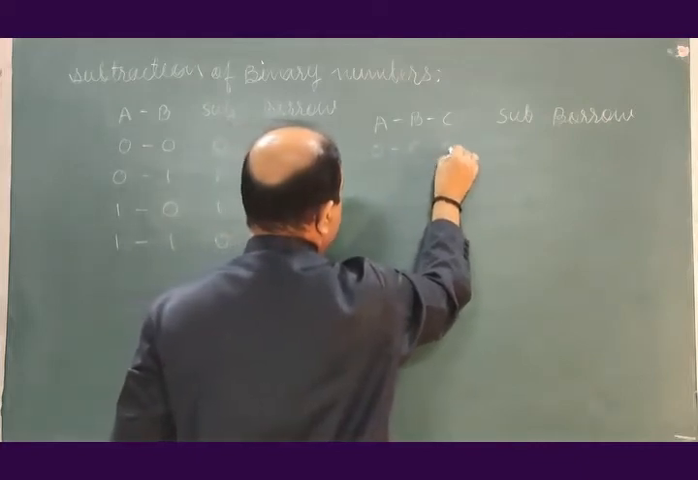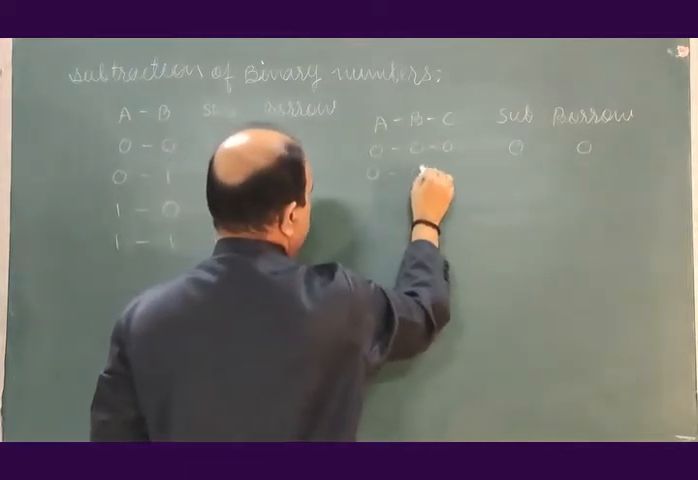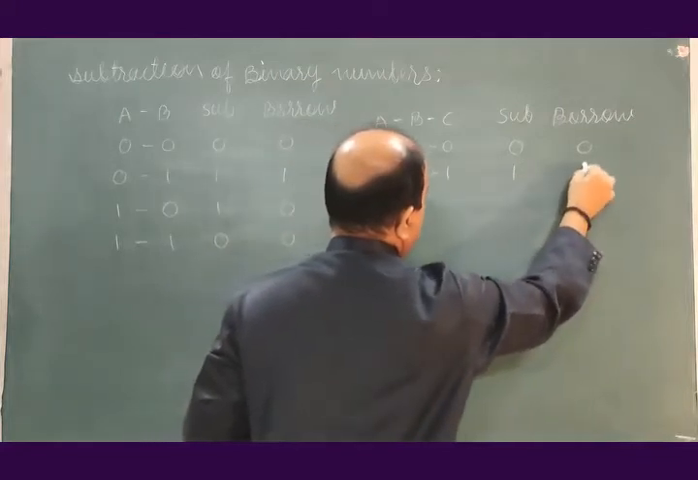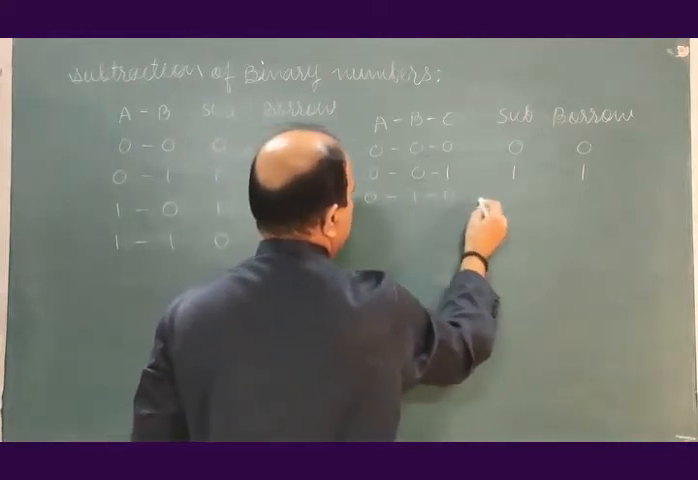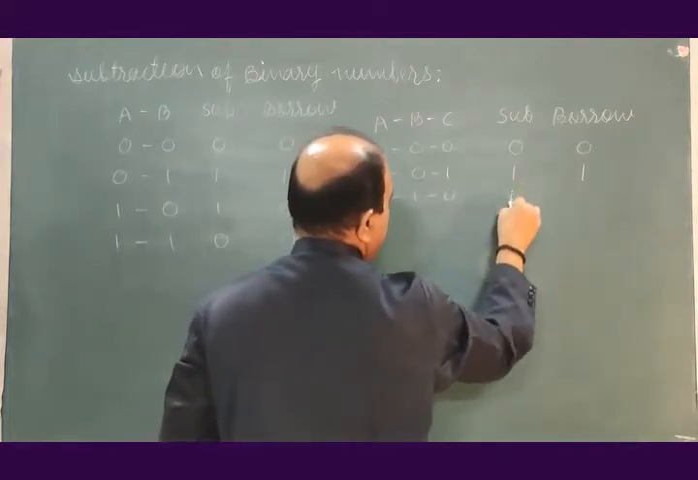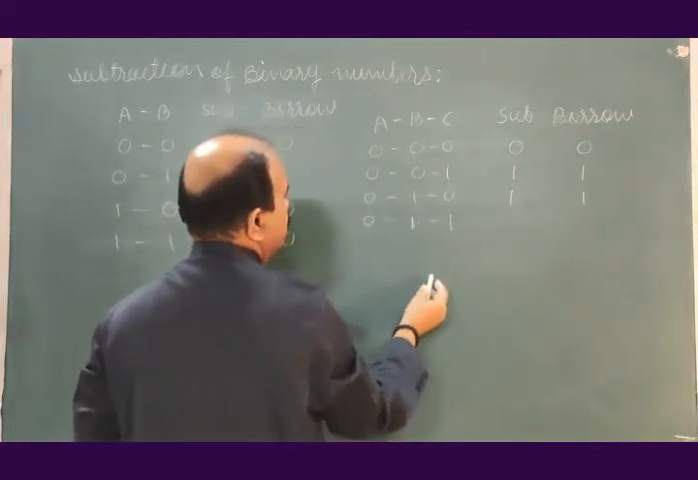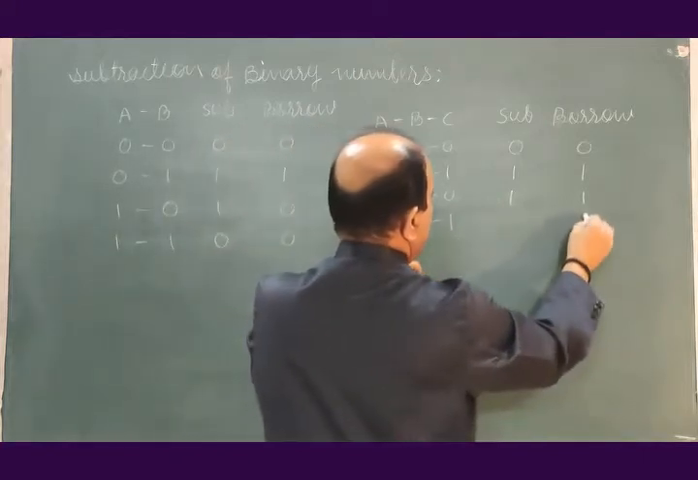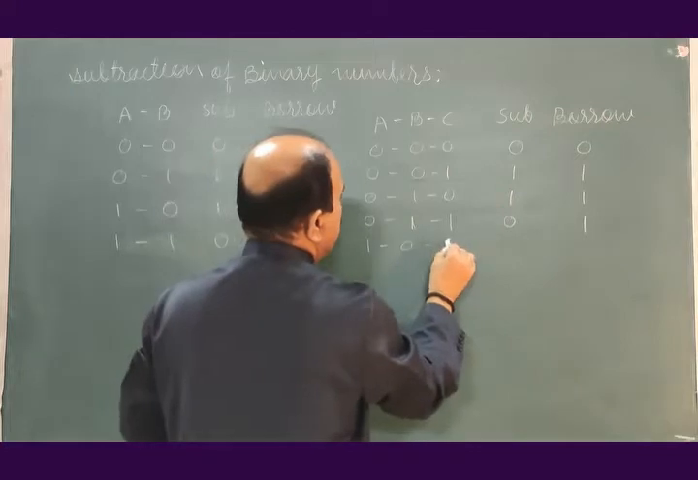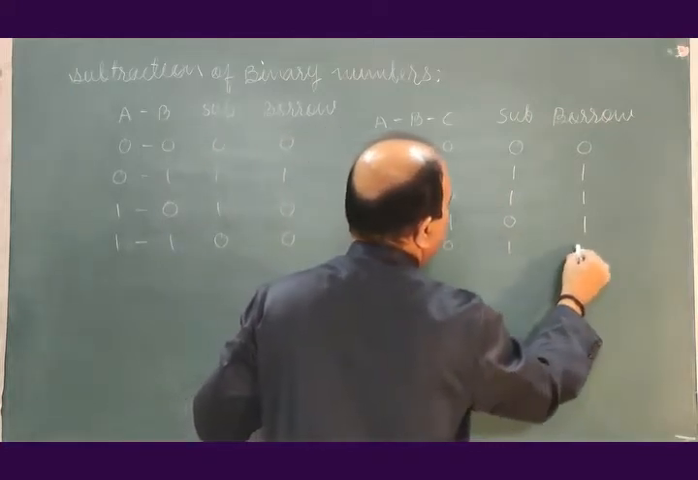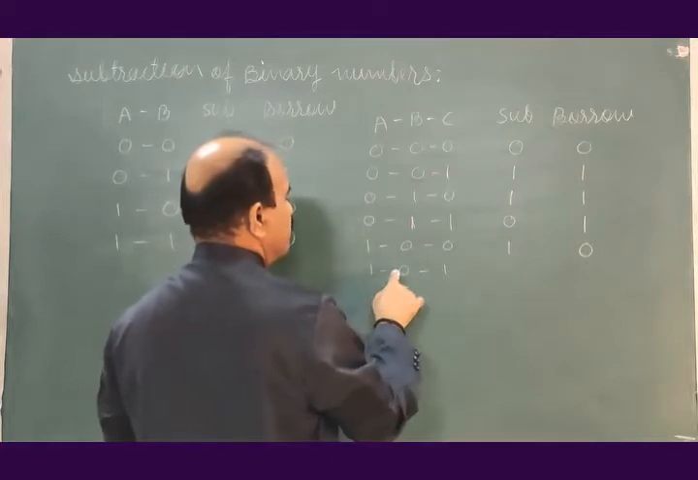0 minus 0 minus 0, subtraction 0, borrow 0. 0 minus 0 minus 1, subtraction 1, borrow 1. 0 minus 1 minus 0, subtraction 1, borrow 1. 0 minus 1 minus 1, 0 minus 1, subtraction 1, borrow 1, 1 minus 1, subtraction 0. 1 minus 0 minus 0, subtraction 1, borrow 0. 1 minus 0 minus 1, 1 minus 0, 1, 1 minus 1,